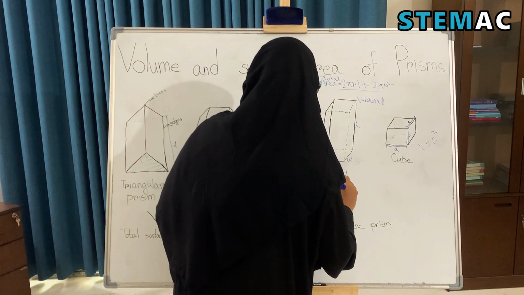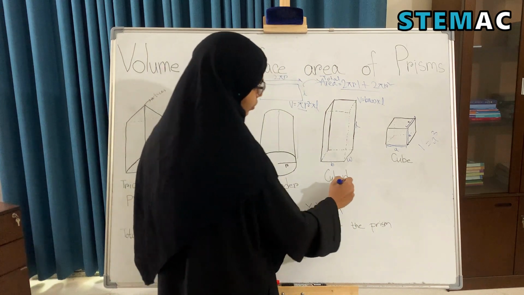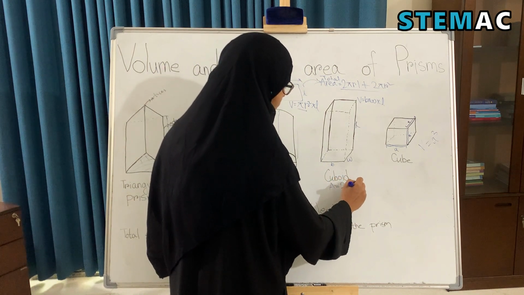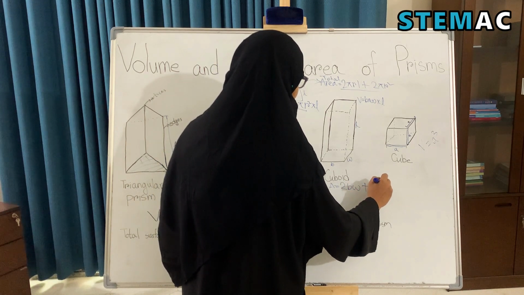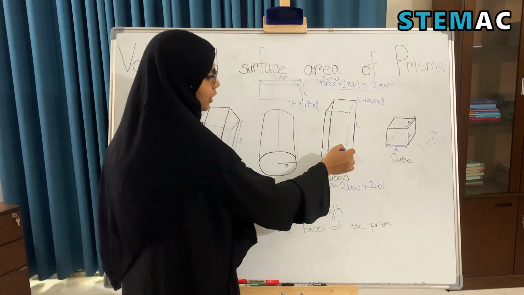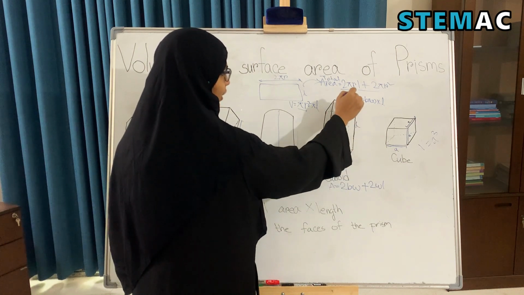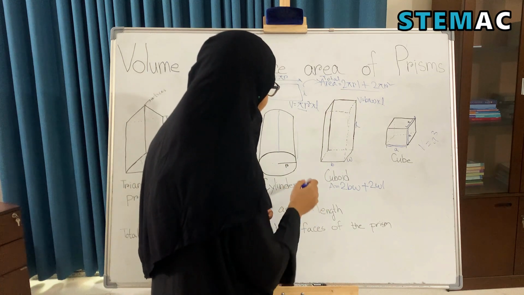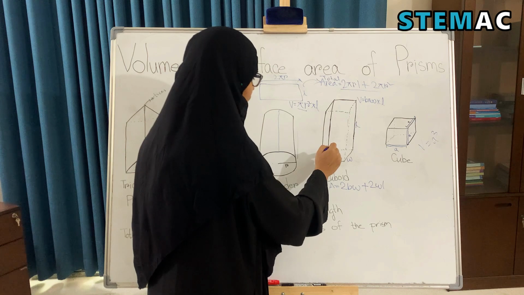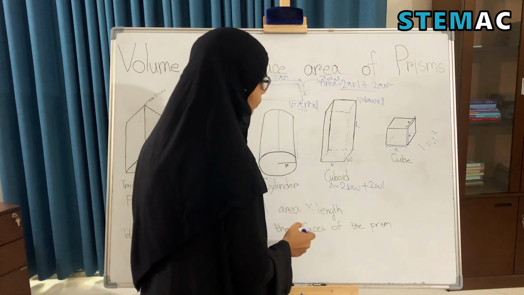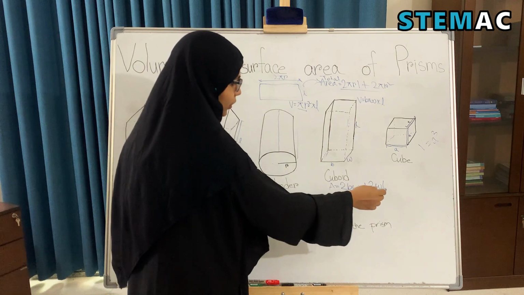Area equals 2bw plus 2wl, because this is the area of this face and the area of this face is the same. This is also W. That's why I wrote WL plus WL, 2WL